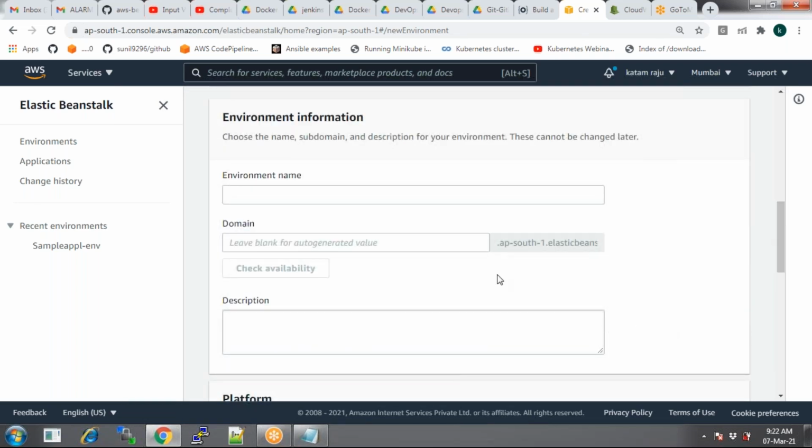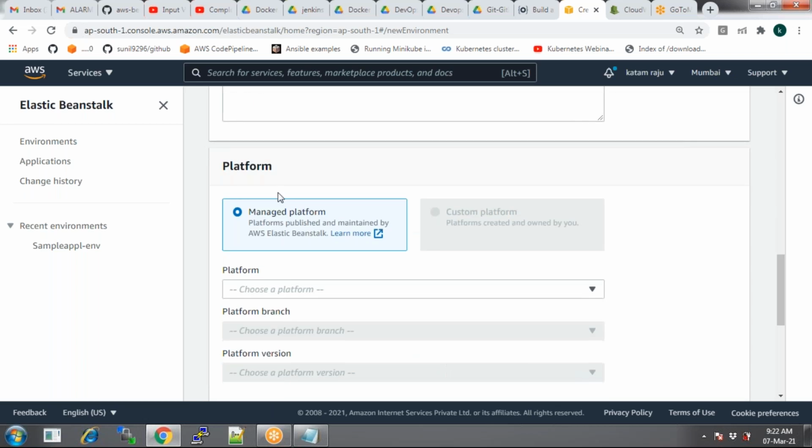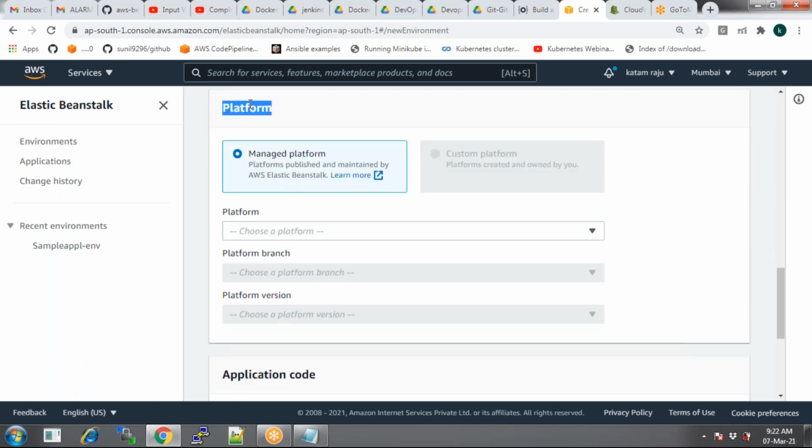Whenever I select it, there you have something called platforms. Usually, for example, let's say I want to install some Docker. Where do you install the Docker? On an instance. First I create an EC2 instance, then I log into that, then I install the Docker. Then you will have Docker available. Or let's say I want to have some Java, JDK. So you first create an instance and then you install the JDK platform.